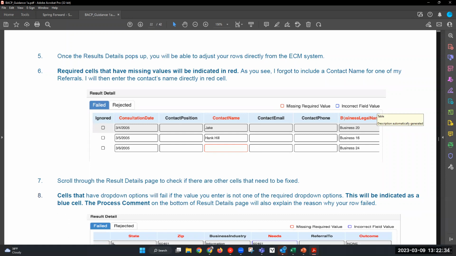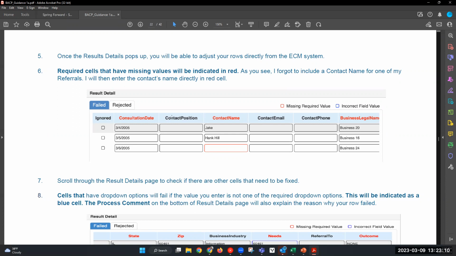What does incorrect field value mean? Can that person go on mute, please? Can you mute that person? Whoever has unmuted, would you please mute yourself? Regina McRae, I just muted you. But that's not the person that's doing that. Who else is doing that? I will call you out if you unmute yourself. I appreciate it.